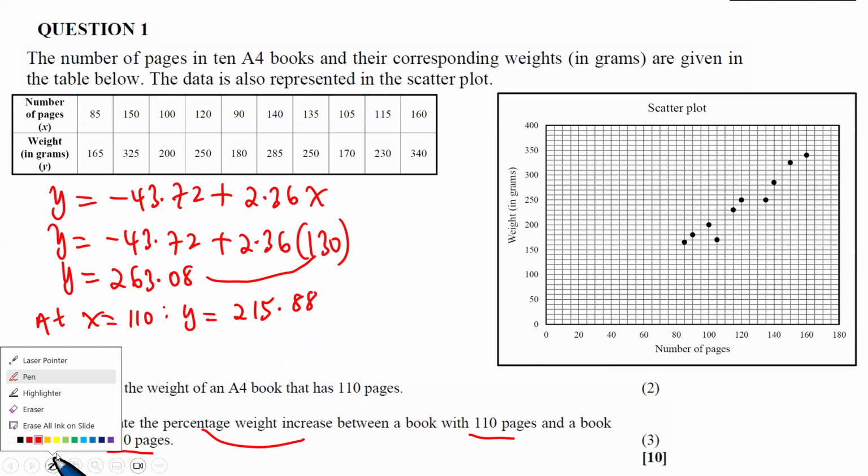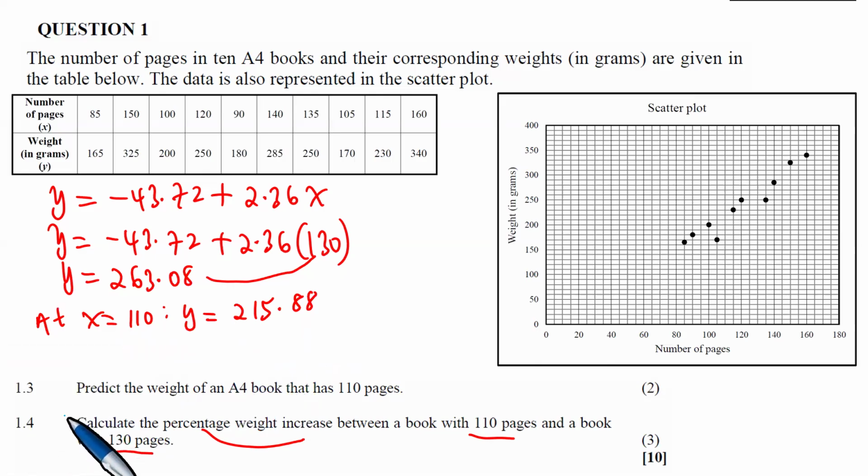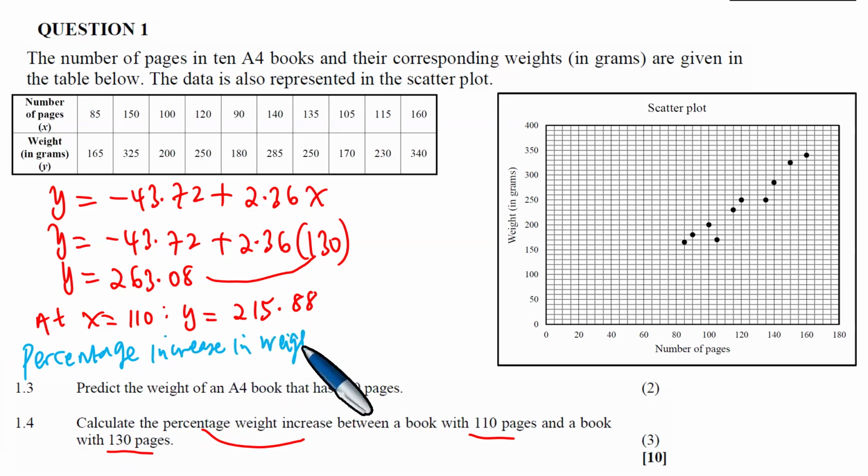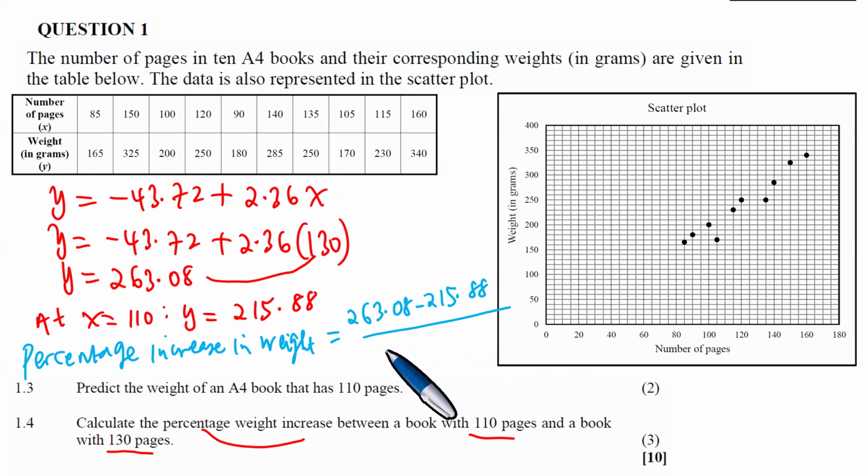This is what we do to calculate the percentage increase. The formula for the percentage increase in weight is: you take 263.08 minus 215.88, and you divide by